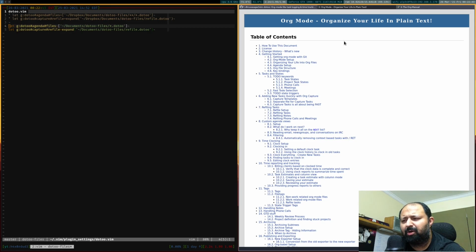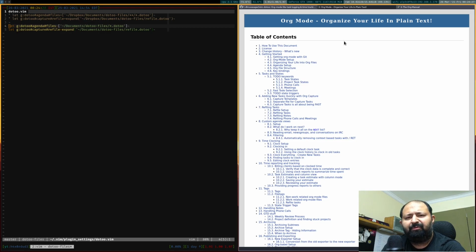Like it had a lot of GTD like ideas, and there are a lot of aspects of this which I really liked. And I basically tried wholeheartedly to get a lot of these aspects into my plugin. One of the key things that I decided to do was build a document parser for the org mode document, or rather maybe a subset of the spec itself. My parser is not 100% compatible with the org mode document spec, mostly because I was focused more on getting this